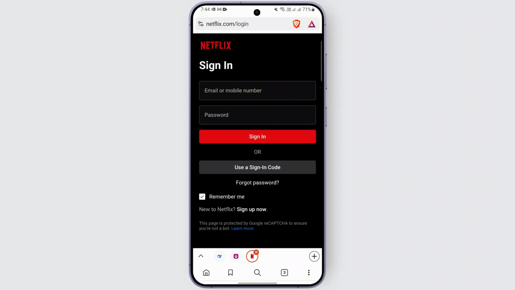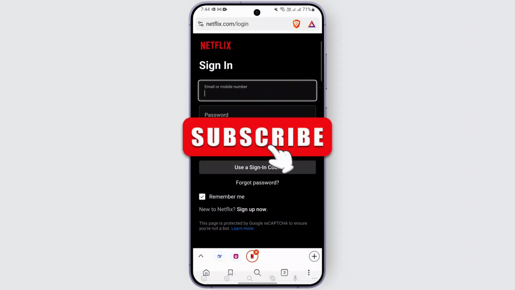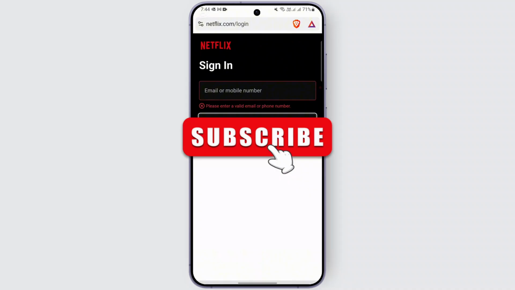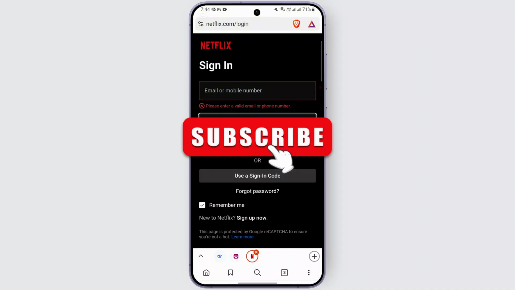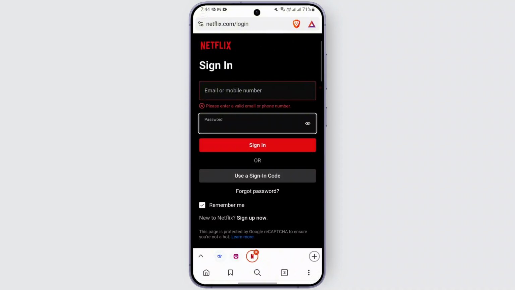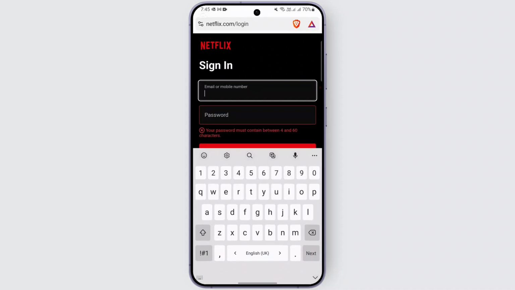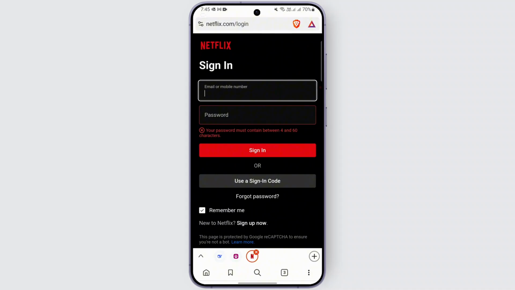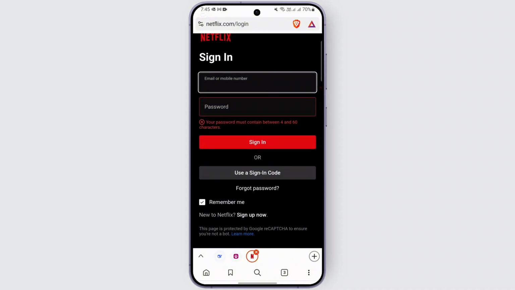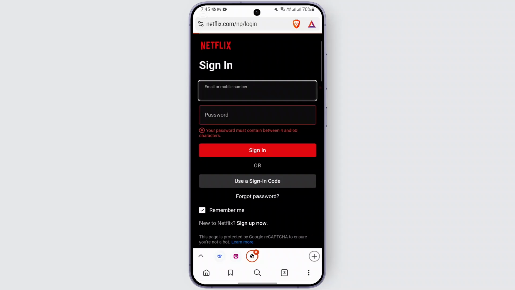Here, you'll be asked to enter the email address associated with the Netflix account, followed by your password. Make sure you enter your correct credentials, and if you can't remember your password, there's a forgot password option as well. Once you've entered your email address and your password, click on the sign in option, this one right here, and if your credentials are correct, you'll be taken to your Netflix homepage and you can start watching your favorite shows